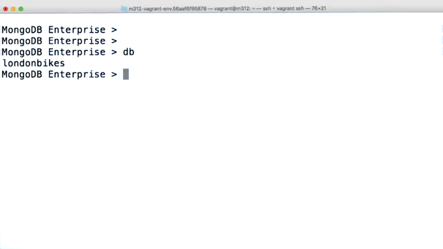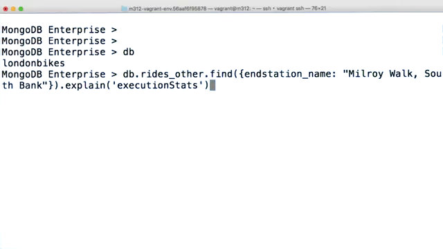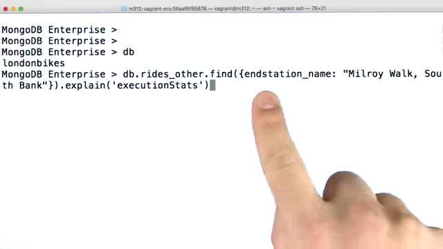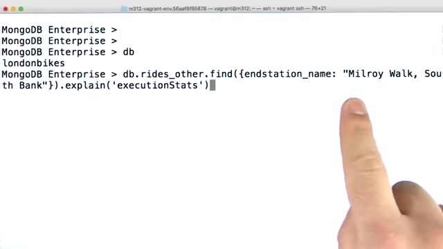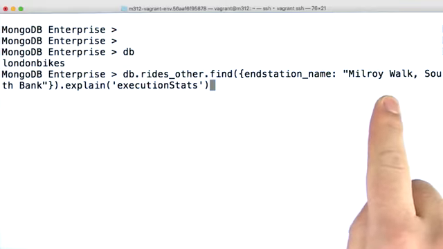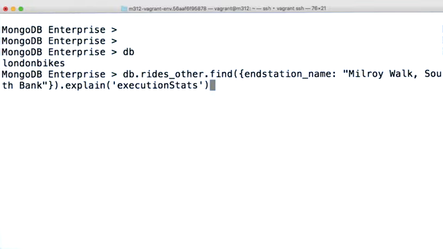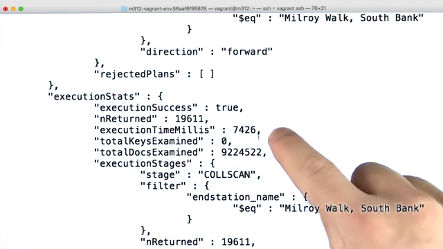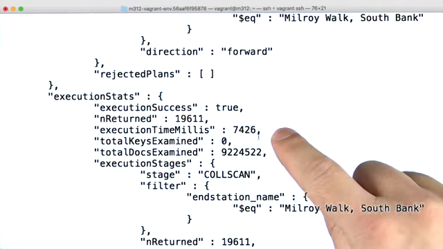I have a database called London Bikes, and in this London Bikes database, I have this rides collection where I'm going to just express a query looking for all end stations around the MongoDB office in London and see how that behaves. Now, if I pull up my explain command, I can see that the execution time in milliseconds was quite alarming. It took me